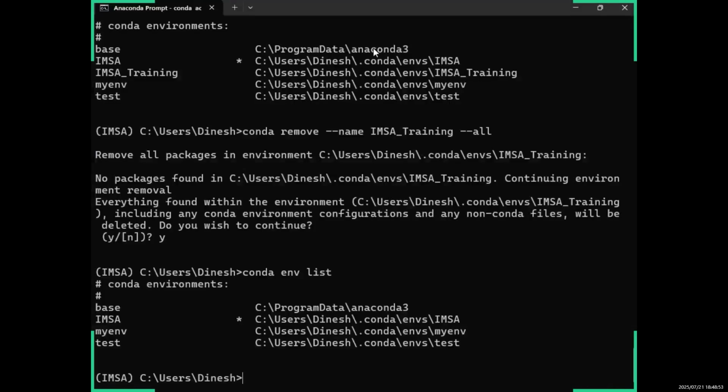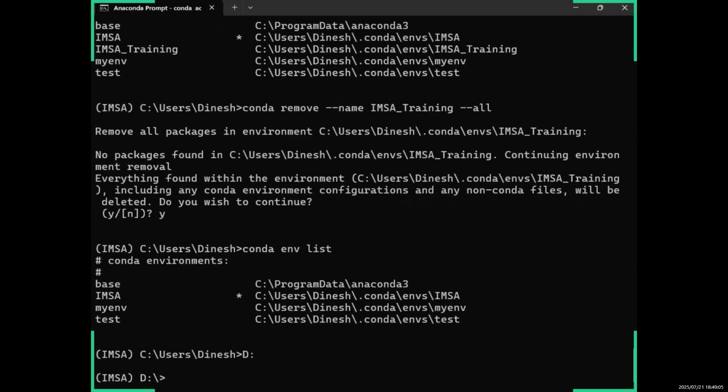If you are familiar with the command line, cd means change directory. First I will change into the local disk D. So D, then double dot. It will change into D. Instead of C, now I am in D, local disk D. So now I know my folder, so I will type cd, change directory,